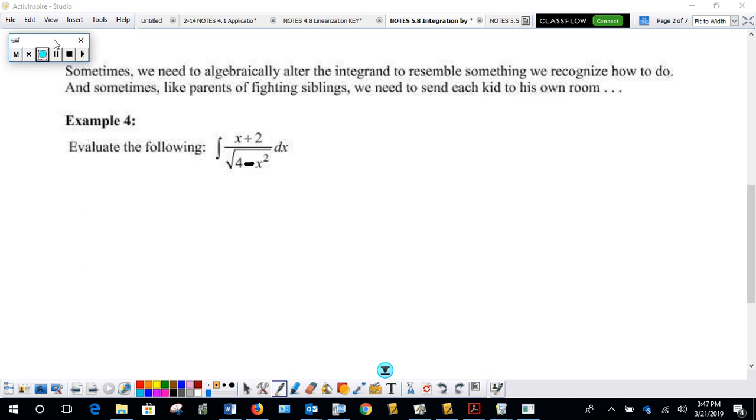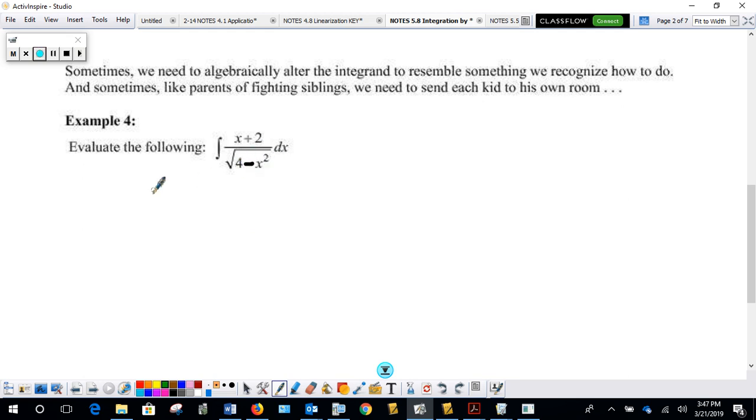Okay, the last part of this set of notes in section 5.8 is more in there because there are certain algebra techniques that you need to be more skilled with as you are working with integrals. So for example, in taking a look at this problem,